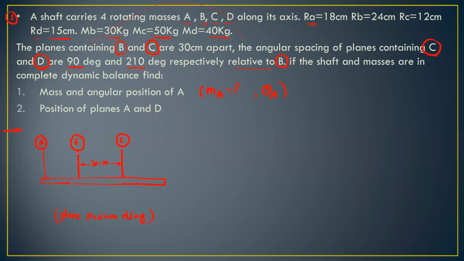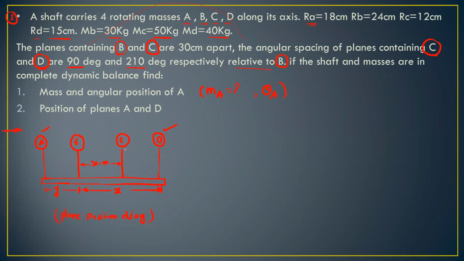it is on the left side of the mass B, and we can take this distance as a distance y, and the mass D, it is on right side of the mass C. So we don't know the exact position for the mass D and mass A. So I have assumed A to be on the left side of the B and D to be on the right side of the mass C, and assume the distance with respect to B as a x.